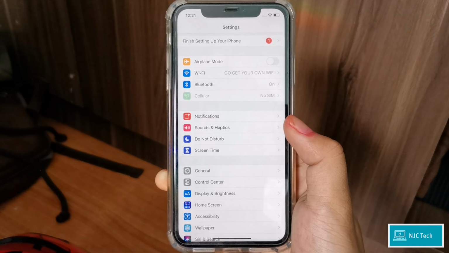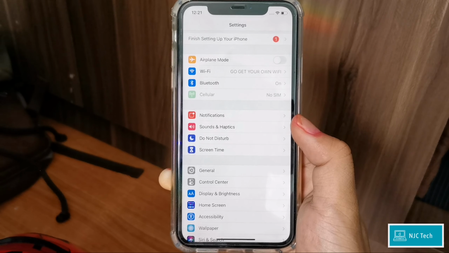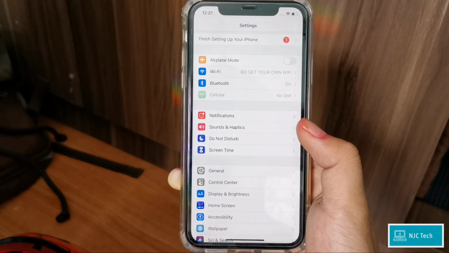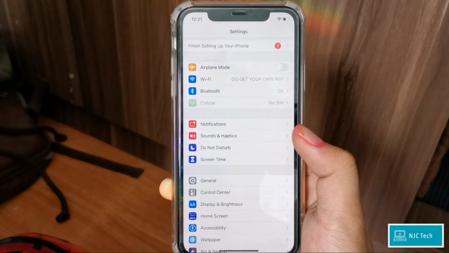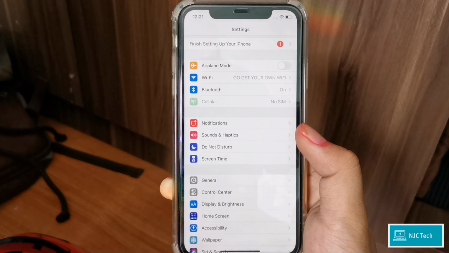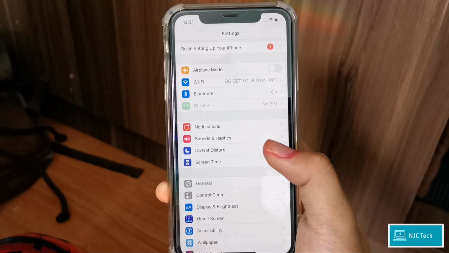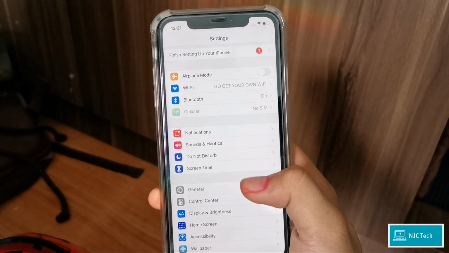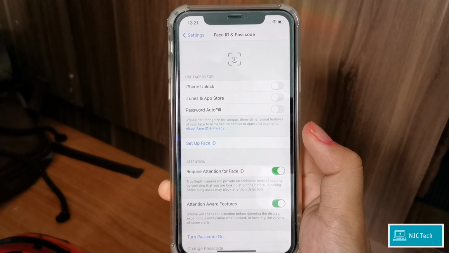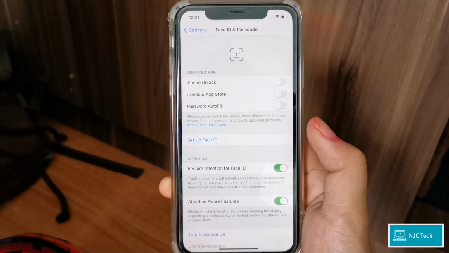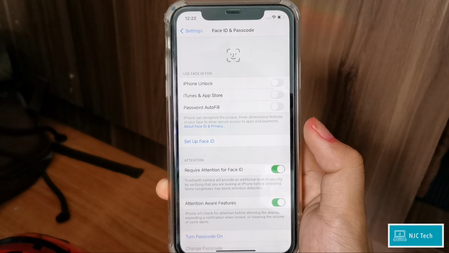But if you skip over this step during the setup, just like us, we skip it. So here's what to do. If you get an iPhone X with a Face ID, an iPhone X or newer, follow these steps. Open the Settings app, then tap Face ID and Passcode. And then put in your PIN, tap Set Up Face ID, position your face in front of the device, and